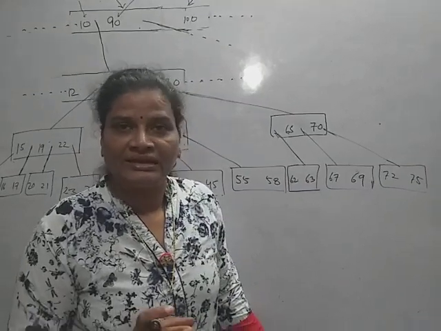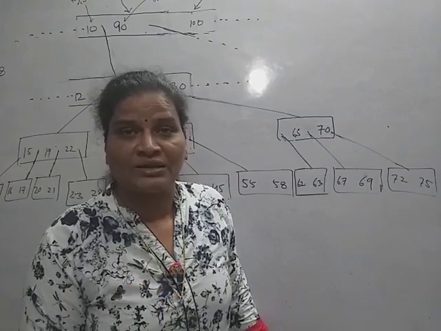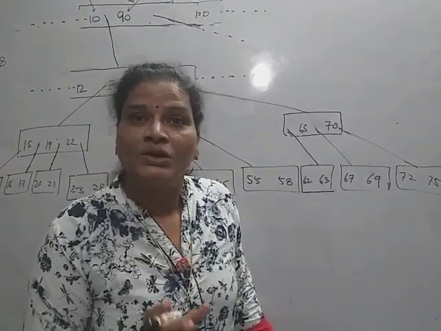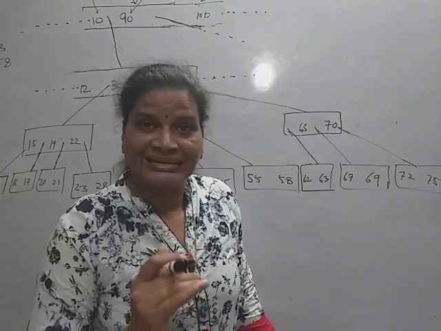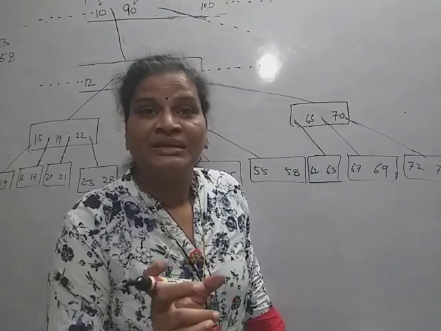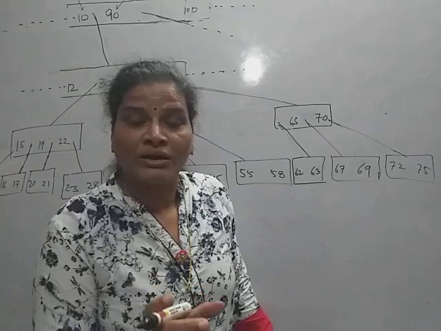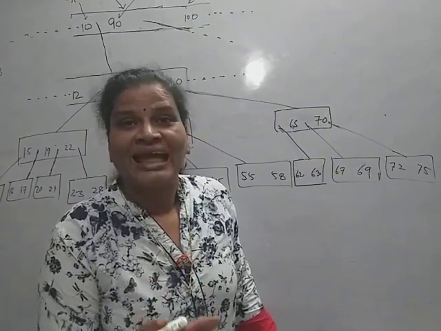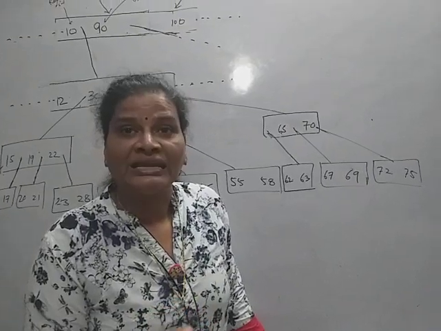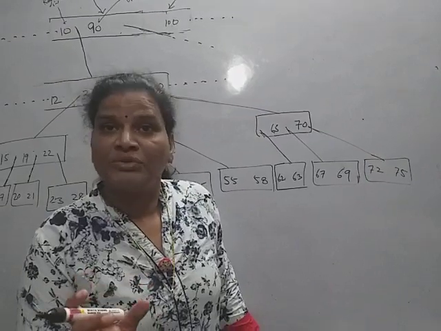The same way here in the case of deletion, the merging of two keys is required in order to maintain the minimum number of keys in any node, because when we delete a key from a node, then the number of keys will be reduced. So if a particular node already contains t minus 1 keys, and if we delete one key, then it will violate the property of the lower bound on the number of keys.